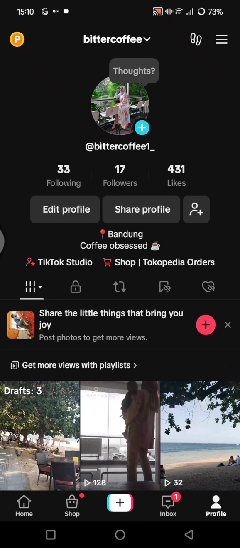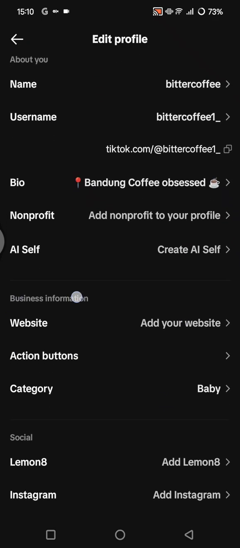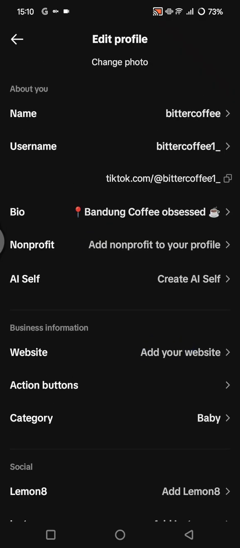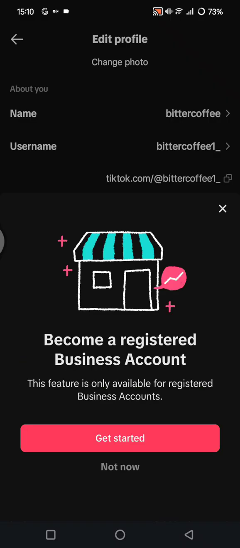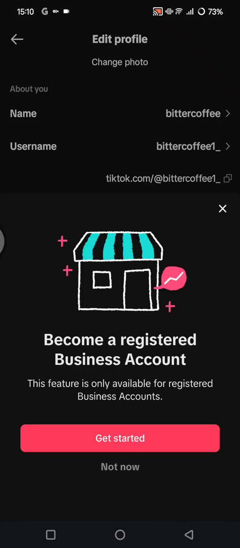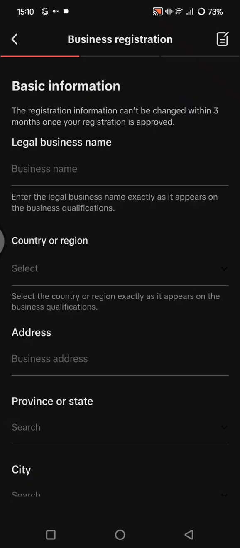And now you can just tap on edit profile, and if you scroll down, there will be this business information section. This is where you are going to put the link, so you can tap on add your website, tap on now. Okay, so I think you need to register your business account first before you can add the link. So you can just tap on get started in here, and then tap on get started again,